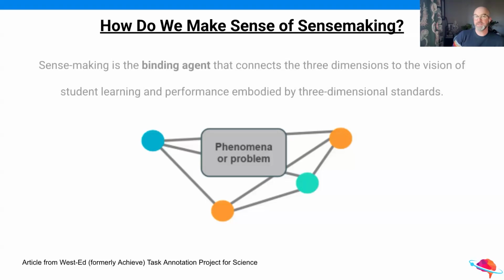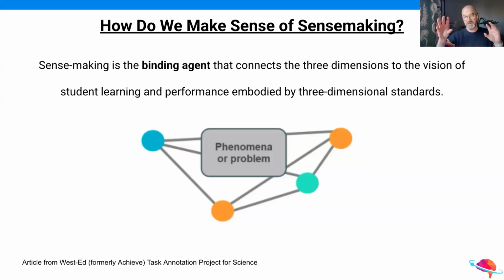So sense making is this idea that we can take our knowledge and our skills and our ways of thinking about the world, and we can bind them together and use those three things to make sense of novel phenomena. And the idea with 3-dimensional standards is that we can use those to make sense of new phenomena. So continuously, we can look at new phenomena to do that.